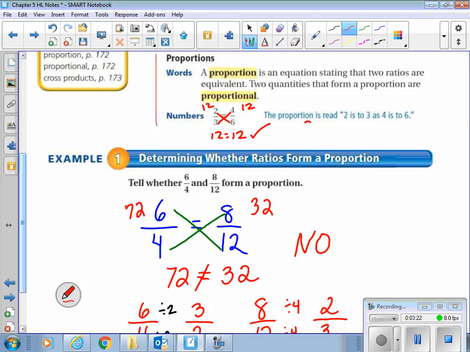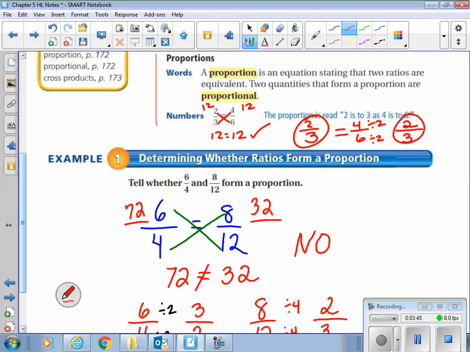Or the other way of doing it, 2/3 is already simplified. Nothing can go into 2 and 3. But we can simplify 4 to 6. They, again, are both divisible by 2. 4 divided by 2 is 2, and 6 divided by 2 is 3. So you've got 2/3 and 2/3. So, yes, they are equal to each other. Therefore, they are proportional. All right, so the two ways to determine whether ratios form a proportion: finding their cross